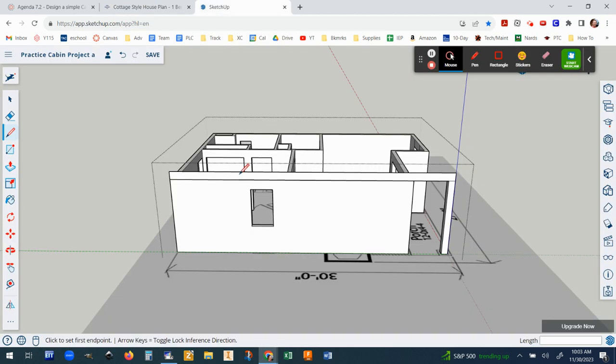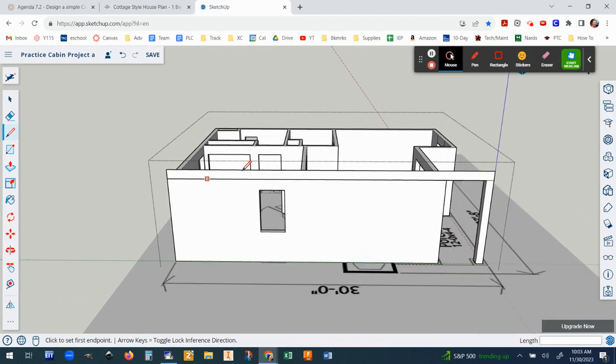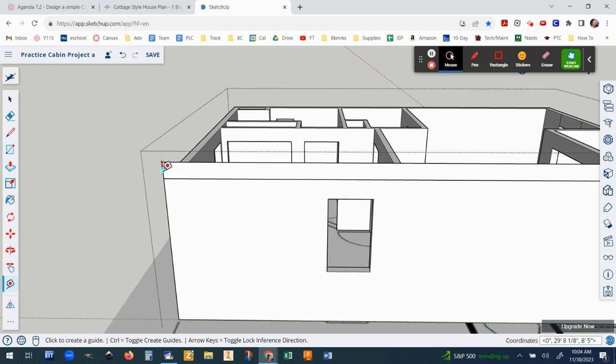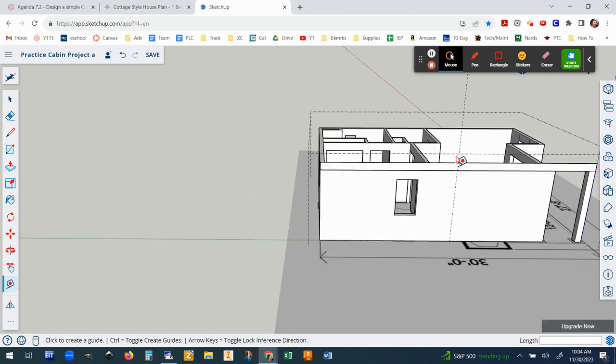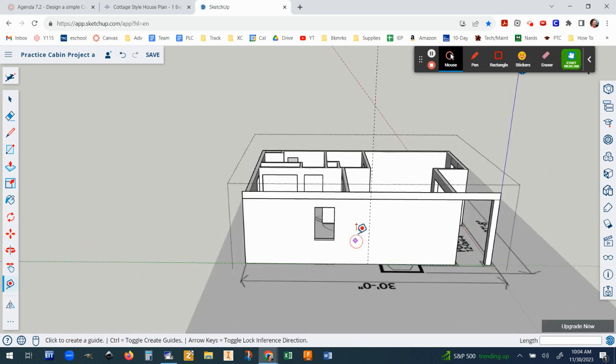So to do that, we're going to use a new line. Before I do anything, I want to find the center point of this new line I created. You notice as I hover here, it shows a center point. So I'm going to use my tape measure tool, grab somewhere over here, like on this midpoint, not down here, but up here. And I'm going to move over until it snaps to that middle point right there. For me, it's about 14 foot 10 inches. Depending on how you drew this, you may be slightly different, but the point is you get that little midpoint mark and click it. Okay, so now I know exactly where the center of my ridge is going to be,